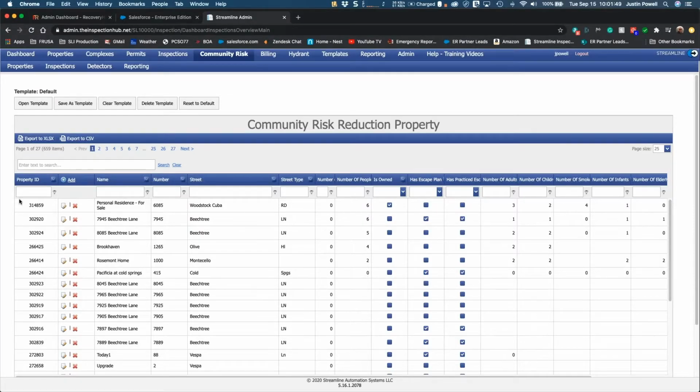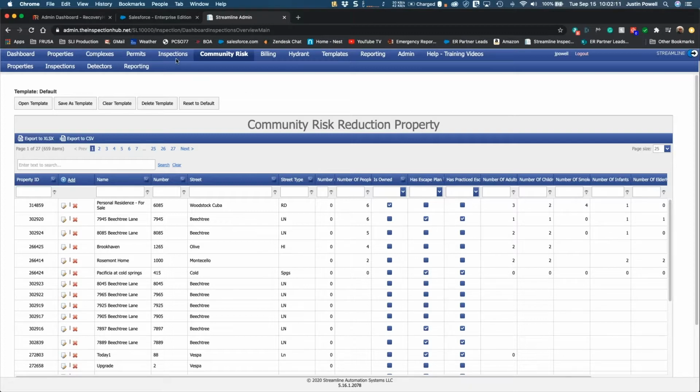We're going to go ahead and get started with the monthly training for September of 2020. Today we're going to go over the community risk. October is typically fire prevention month, so I thought we could go over this and review some of the features that we have in our community